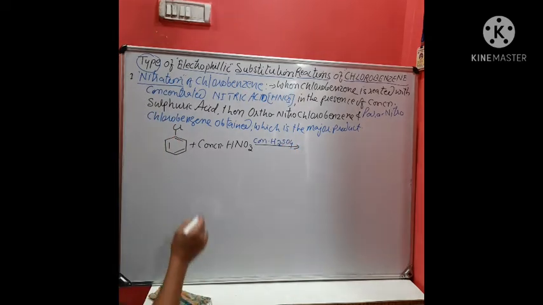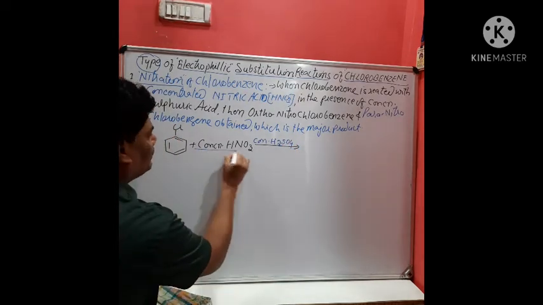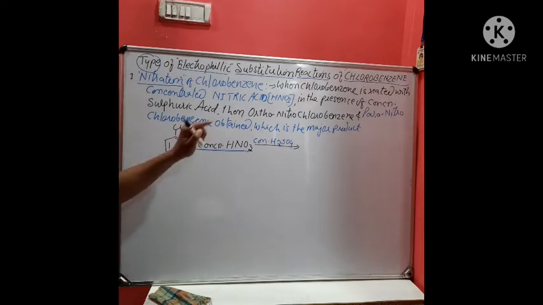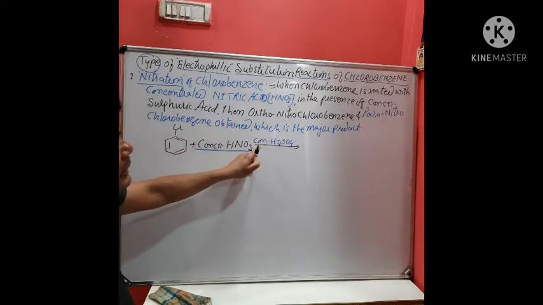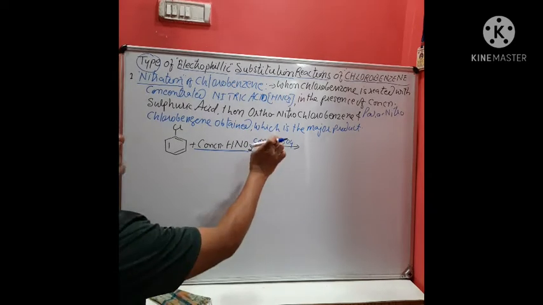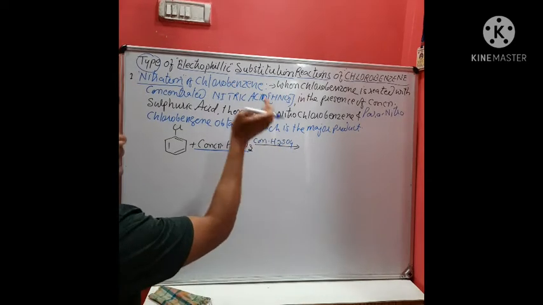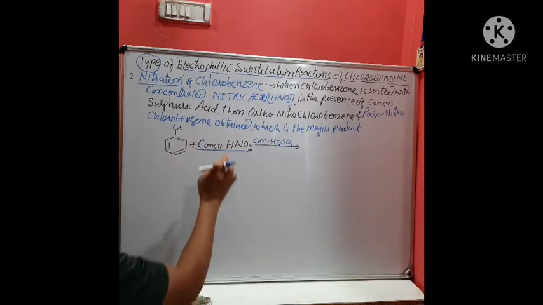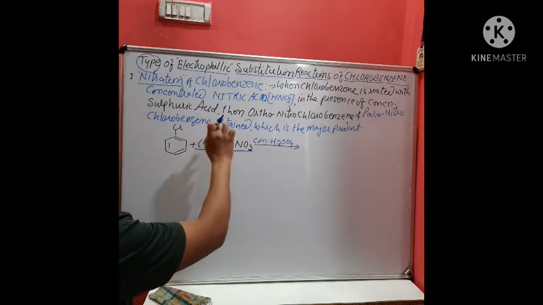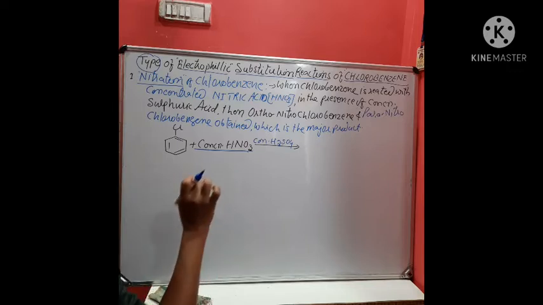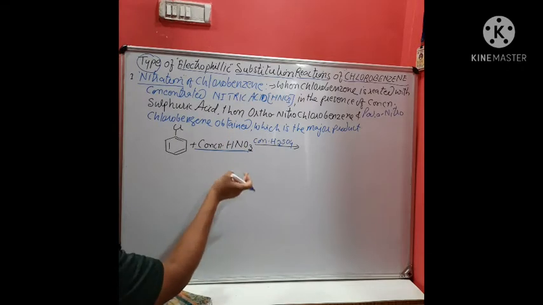Student, here the molar concentration of concentrated nitric acid will be higher and the molar concentration of concentrated H2SO4 will be lesser. Being its concentration higher, the nitric acid will generate the nitro electrophile,